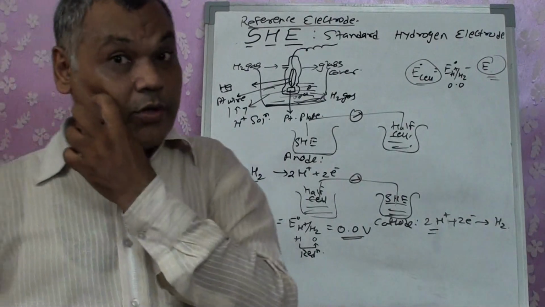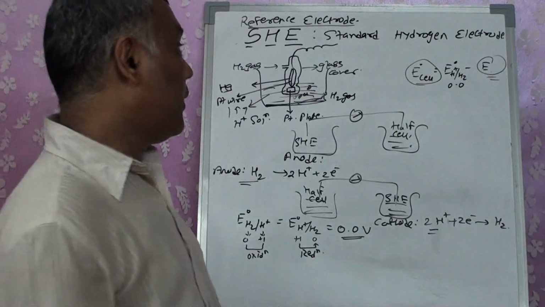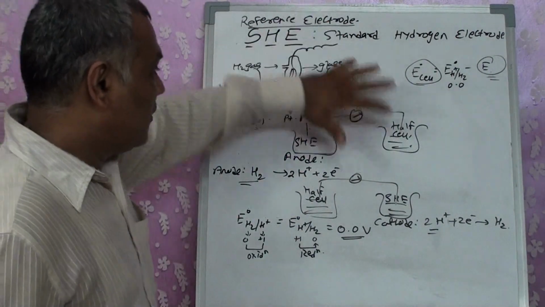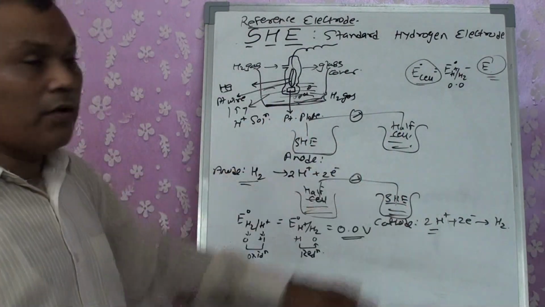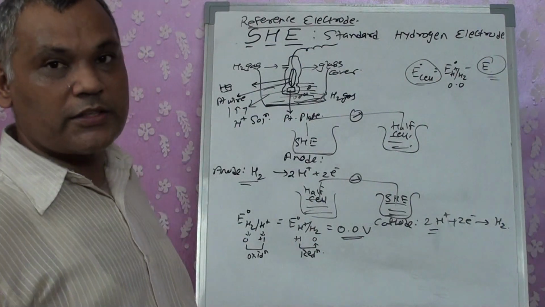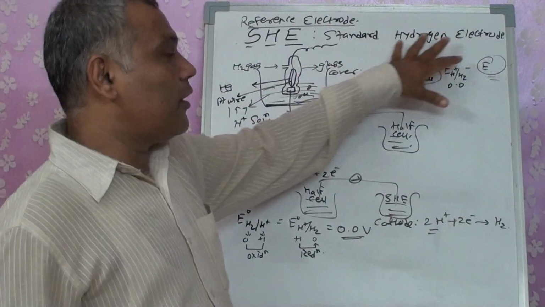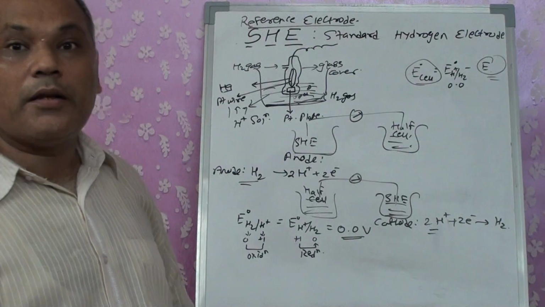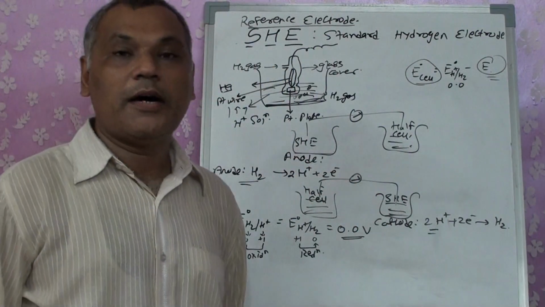Standard hydrogen electrode is considered as a reference electrode. This is the construction, its working, its potential. It can act as anode as well as cathode. This can be asked to you as a short note: explain standard hydrogen electrode. Or what is the function of standard hydrogen electrode? The function of the standard hydrogen electrode is that by using it we can calculate the potential of other half cells,